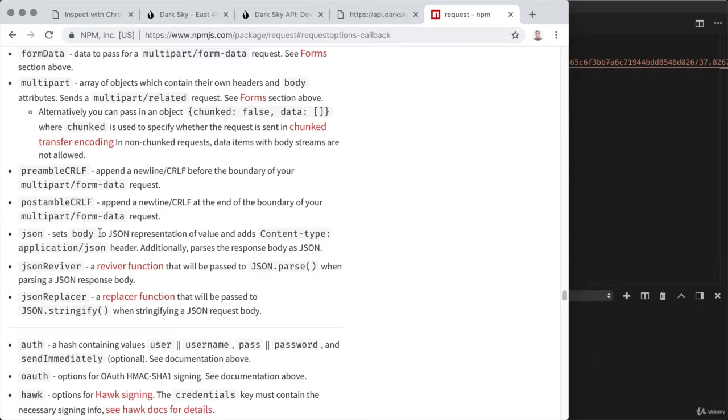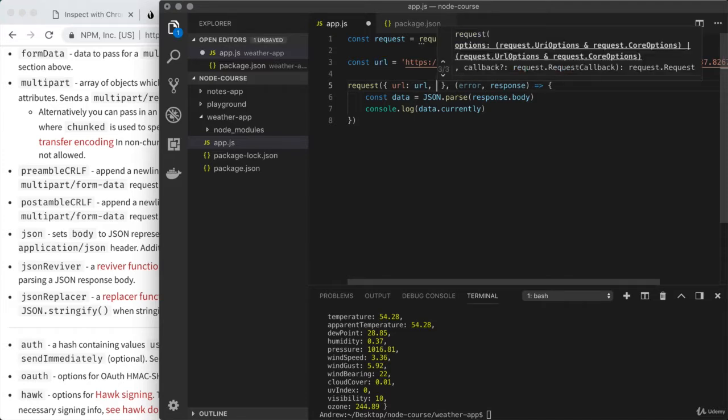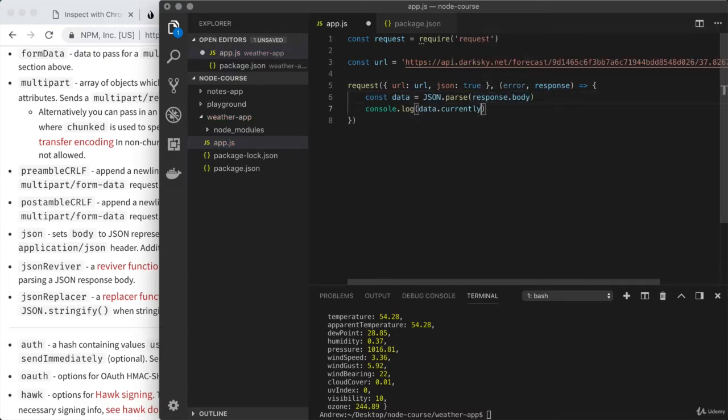JSON responses for us. So over inside of our code, what do we need to do? We're going to add a second property onto this object. So right here, alongside of URL, we'll set up JSON in lowercase. This is important. If you use uppercase, it's not going to work. Then we're going to set it equal to the Boolean true, saying we would like request to parse this